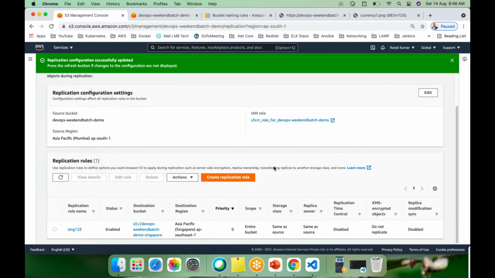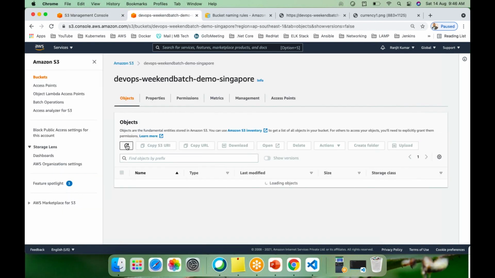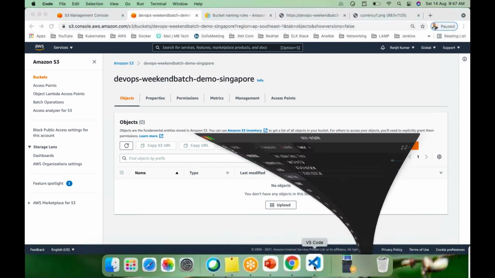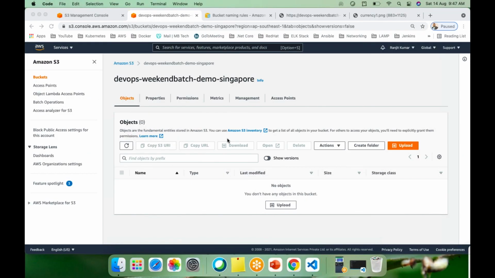Okay, so here is the culprit actually. When we select the IAM role, we have to create a new IAM role, or we can select an existing role, but that should be the cross region replication role, not the normal IAM role. It should be cross region. See, I have done S3 CRR cross region role for DevOps class. We have two existing roles here. If I select any one of them, then it will work.